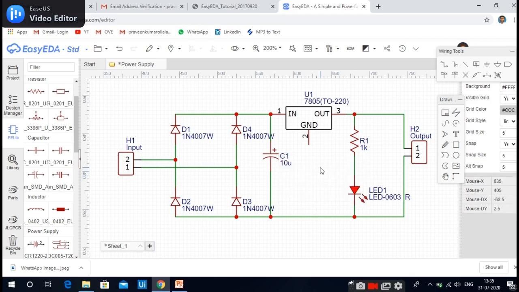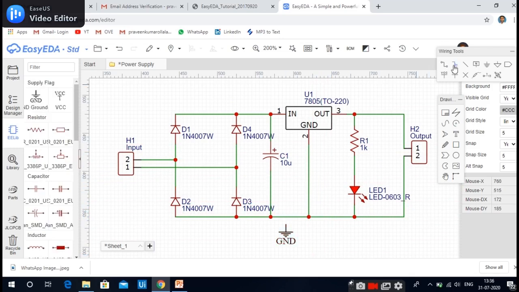Okay, and one more connection is left here. Now we are all set with the connections and our circuit is ready.